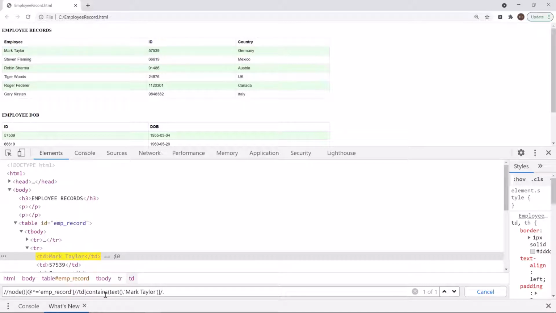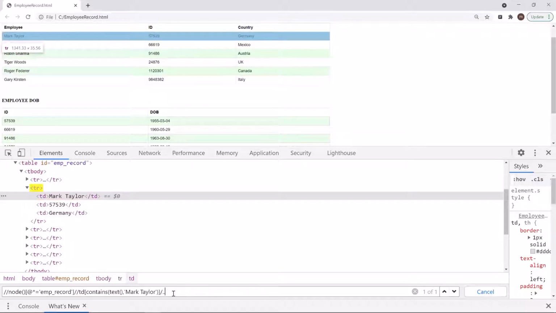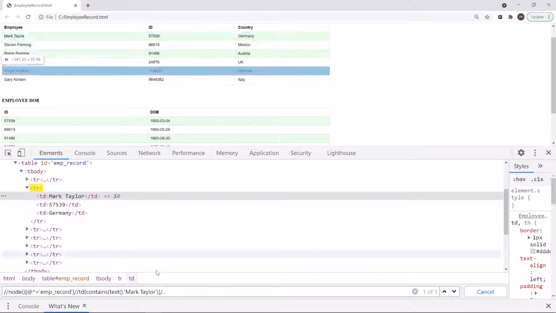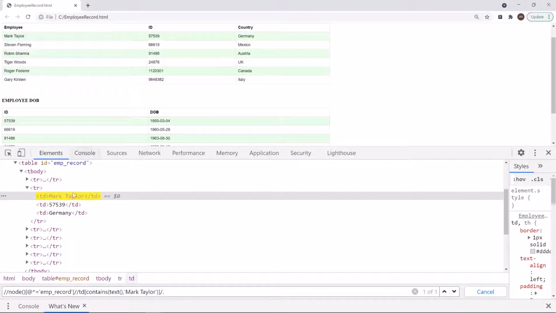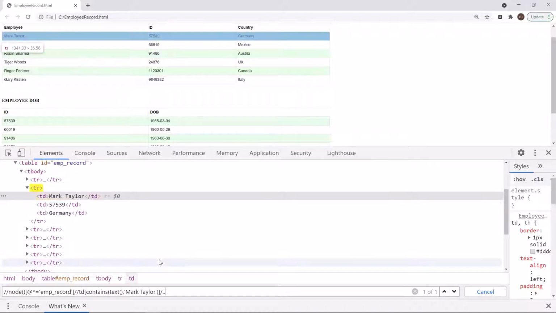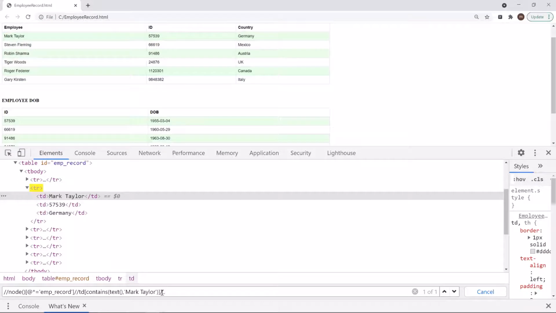So this is equivalent to the self axis. The self axis is also used to match the context node. So you can either use the self axis or the dot to match the current node. Now instead of a single dot, if I use two dots, then it's going to match the parent node of the context node. So to identify the parent node, we can either use the parent axis or use the two dots for the same. So that was all about the wildcards which we can use while creating our XPath.